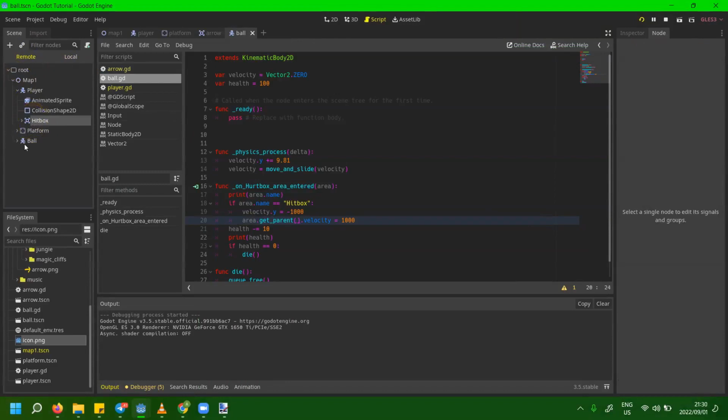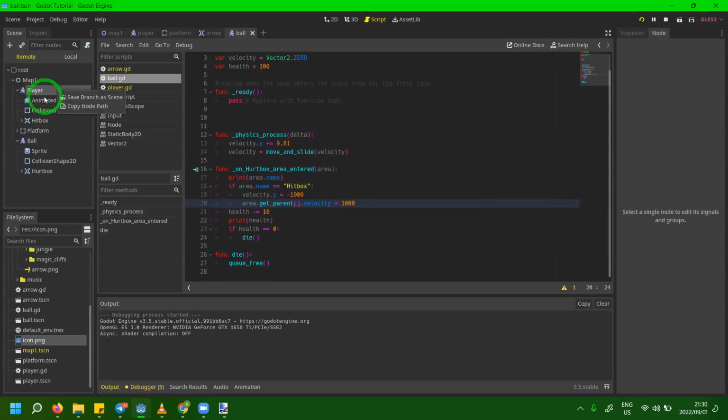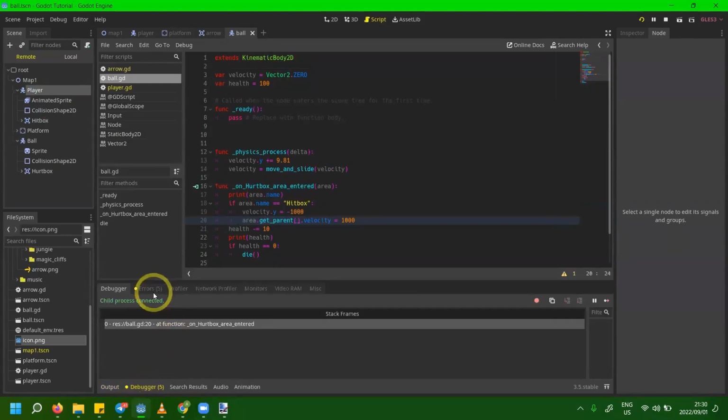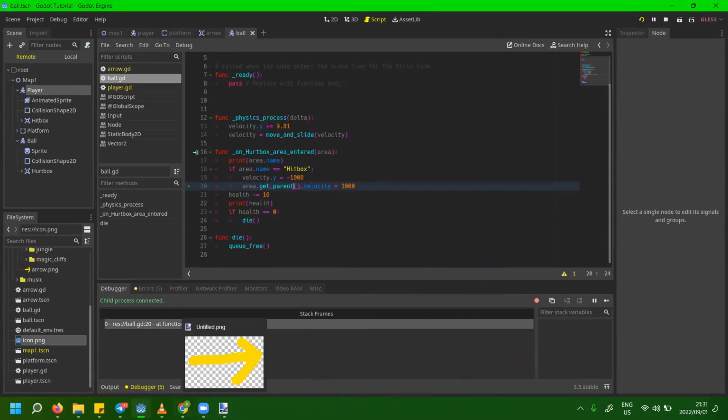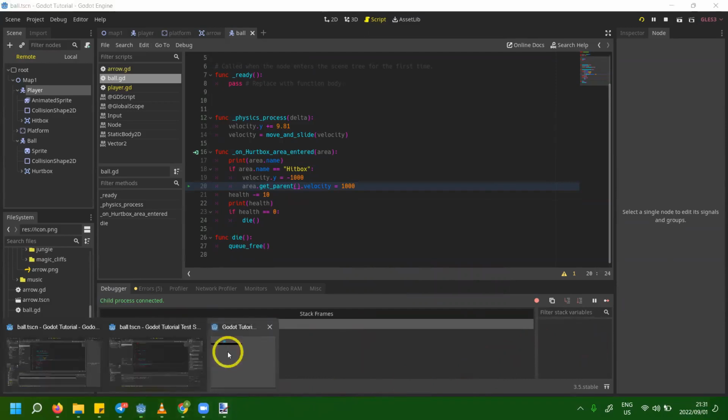This hitbox is what's interacting with the ball's hurtbox, not the player. So when I dot get parent, I'm getting this. And then I'm going to get the velocity because it's within the script. So within the script, you can actually go to the debugger, and I honestly don't really know how to use this, but there's a bunch of stack frames and stuff. Yeah, so what you can do is that when you collide with it,